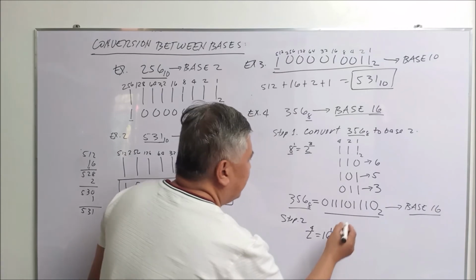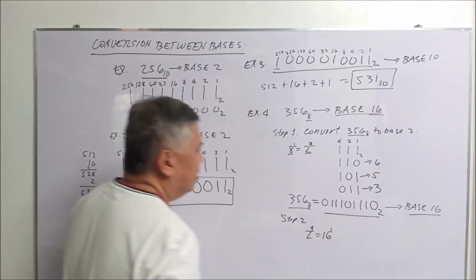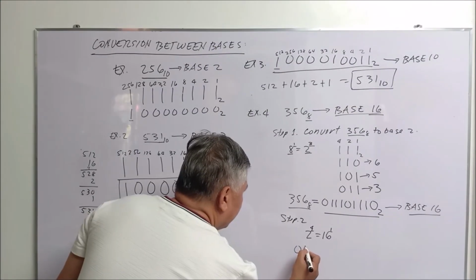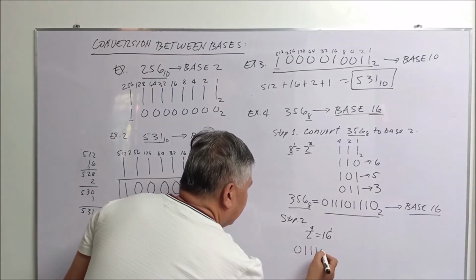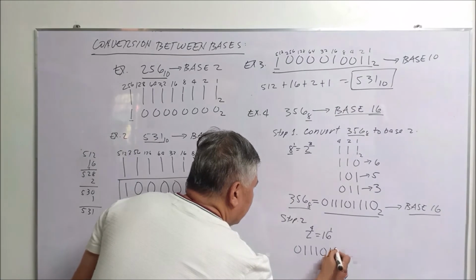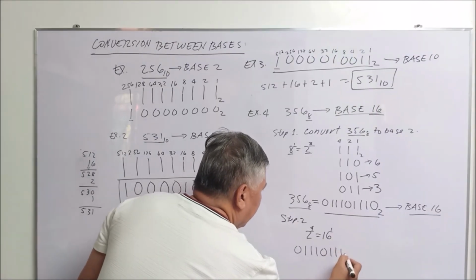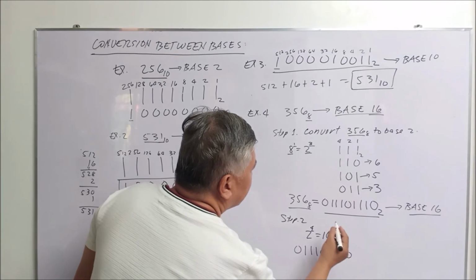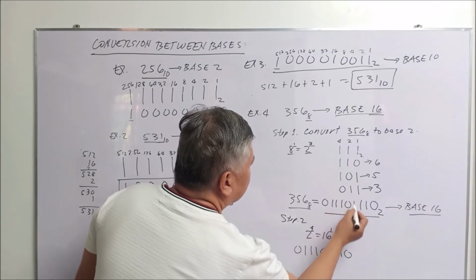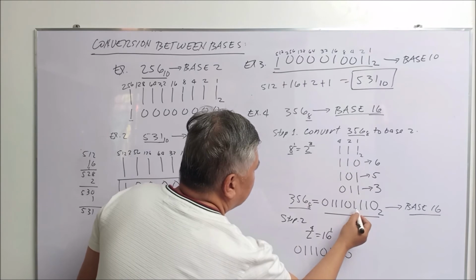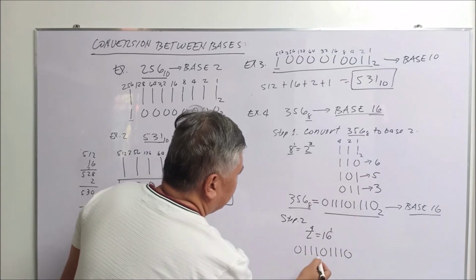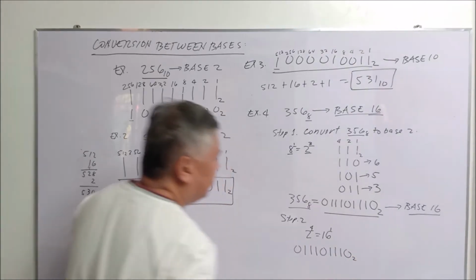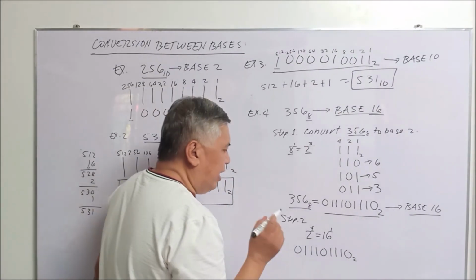Since we have already obtained the binary number, we rewrite it. We have 0, 1, 1, 1, 0, 1, 1, 1, 0. Is this correct? 0, 1, 1, 1, 0, 1, 1, 1, 0 of base 2. Now, again, as I've said,